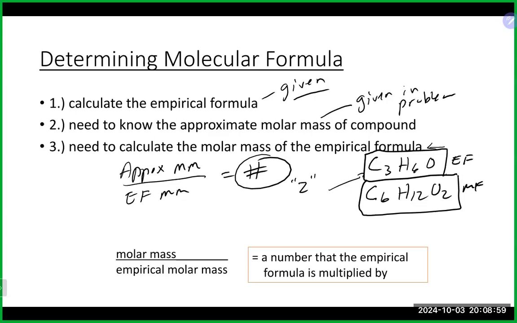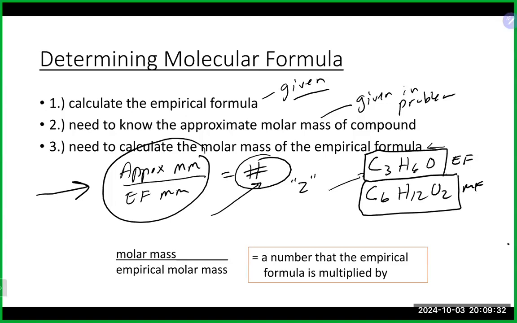Now, when you do this part and you get this number, this is the one place in textbook problems and these calculations where you can be a little more generous in the rounding. The molar mass a lot of times is experimentally found, so it's approximate, it may be somewhere in that range. You may not get a really pretty whole number all the time when you do this calculation. So it is probably okay to be a little more liberal in rounding to the nearest